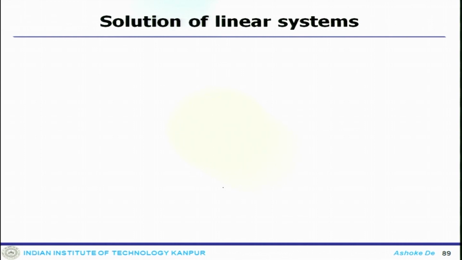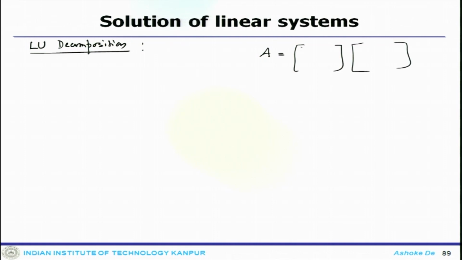Now, one can look at another substitution called LU decomposition. What you do, you have a system like that, and the whole matrix you decompose into two systems. One is the lower triangular system where this will be present, another is the upper triangular system where this is. So, the decomposition which you get is the LU factorization, or the lower and upper triangular factorization.